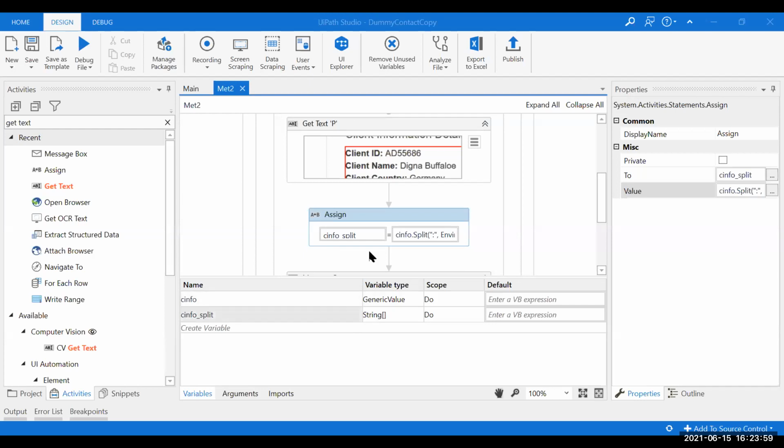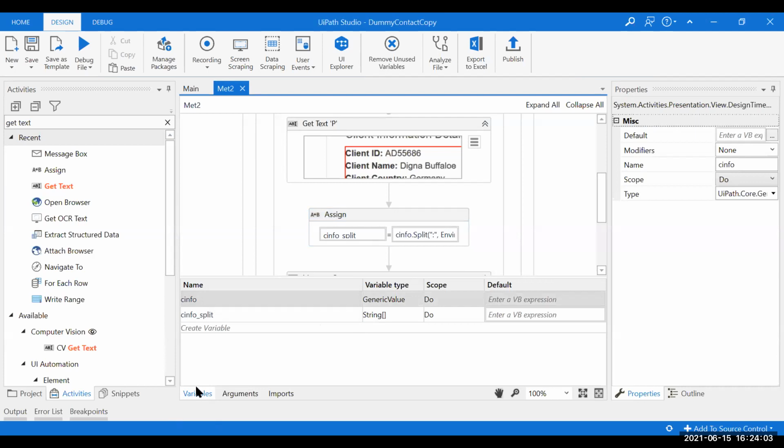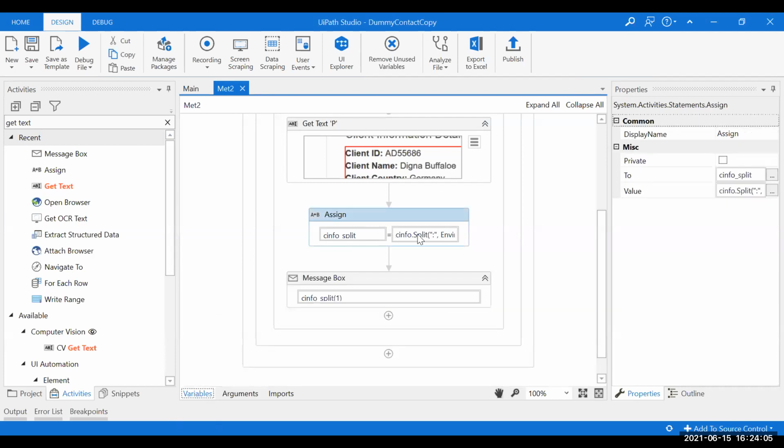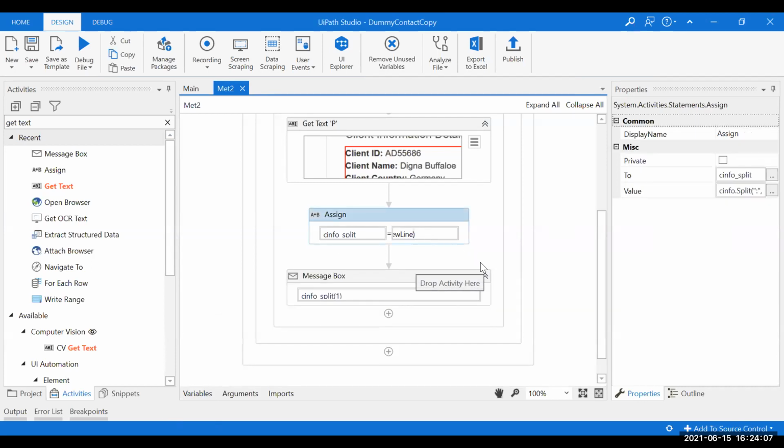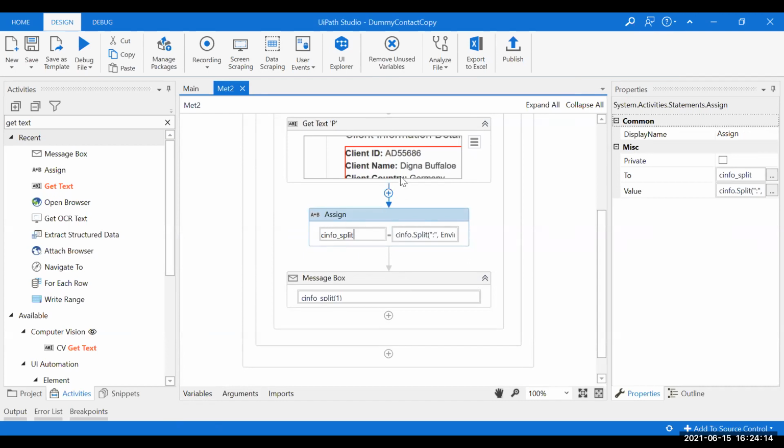Sir, can you help me out in this C info split? What does it do basically? This is the same thing I explained to you in the Excel file, right? So this will split this one, like client ID separate, this separate.